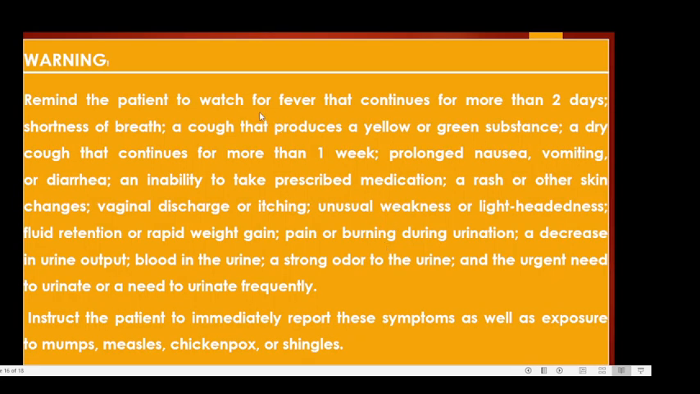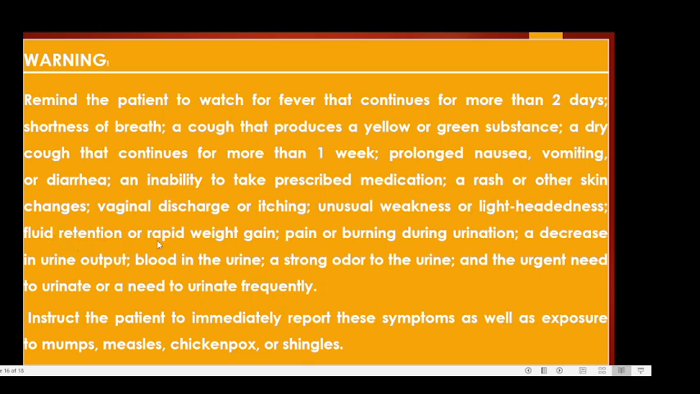Remind the patient to watch for fever. Rejection, guys. Watch for fever that continues for more than 2 days. Shortness of breath. A cough that produces a yellow or green substance. A dry cough that continues for more than 1 week. Prolonged nausea, vomiting, or diarrhea. An inability to take prescribed medication, a rash or other skin changes, vaginal discharge or itching, unusual weakness or lightheadedness,